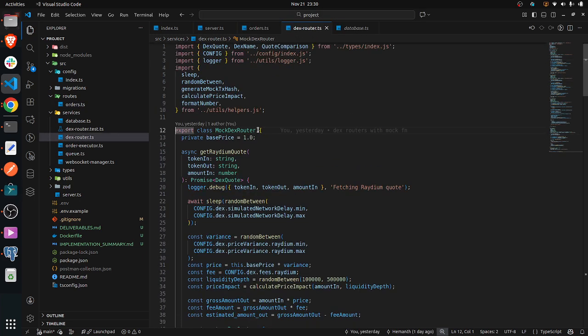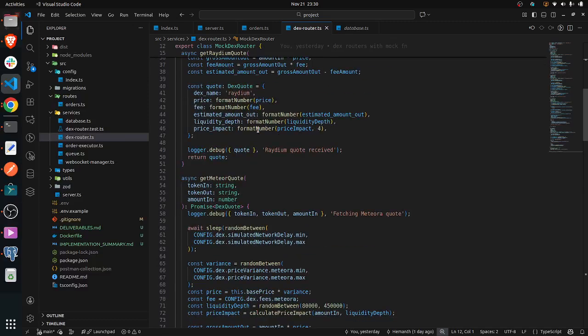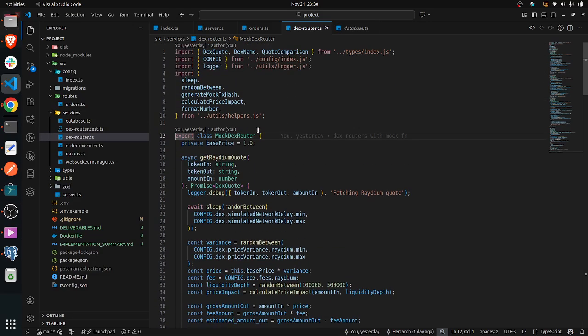Currently, I have made a Raydium code and another Meteora code. These functions mock the base price and transaction time. It was mocked in the config file. We can explain it. Let me run a quick